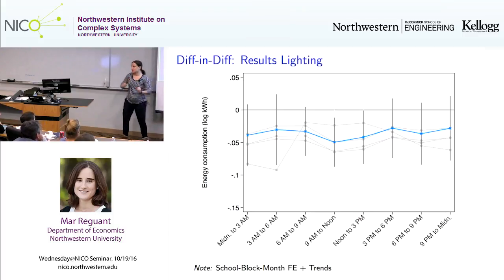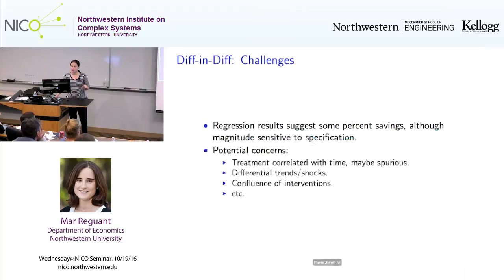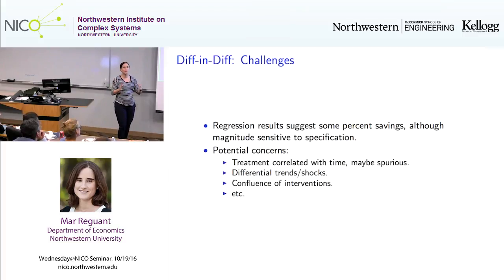So this is just to give you a flavor of what the regressions give, but basically overall, they do show some savings, but they seem to be quite sensitive to the specification. And we still were concerned about whether we are missing something, whether we're comparing schools well enough. And again, part of our analysis in the regression suggested that it was very tricky to make these comparisons well.